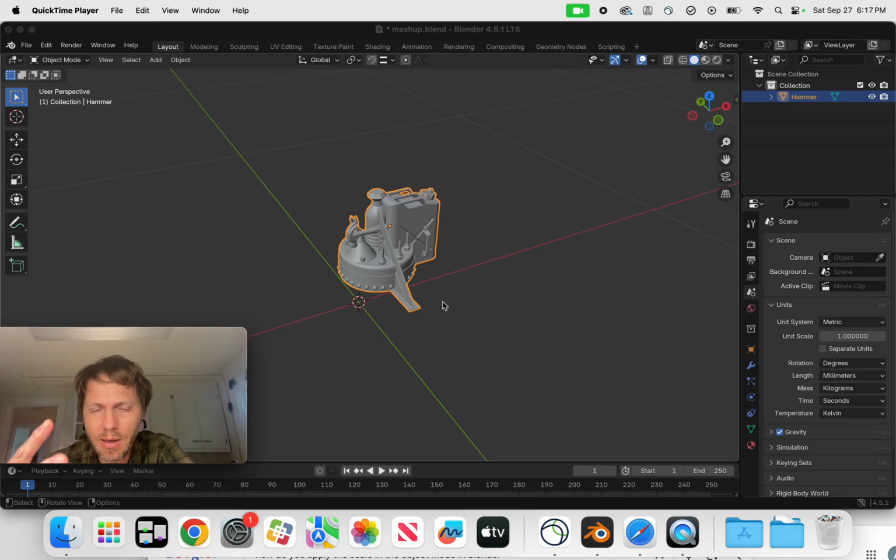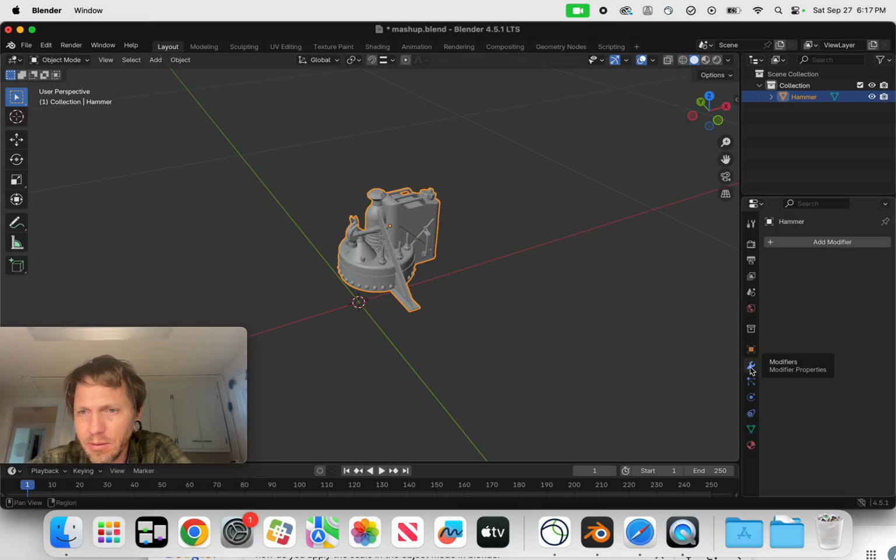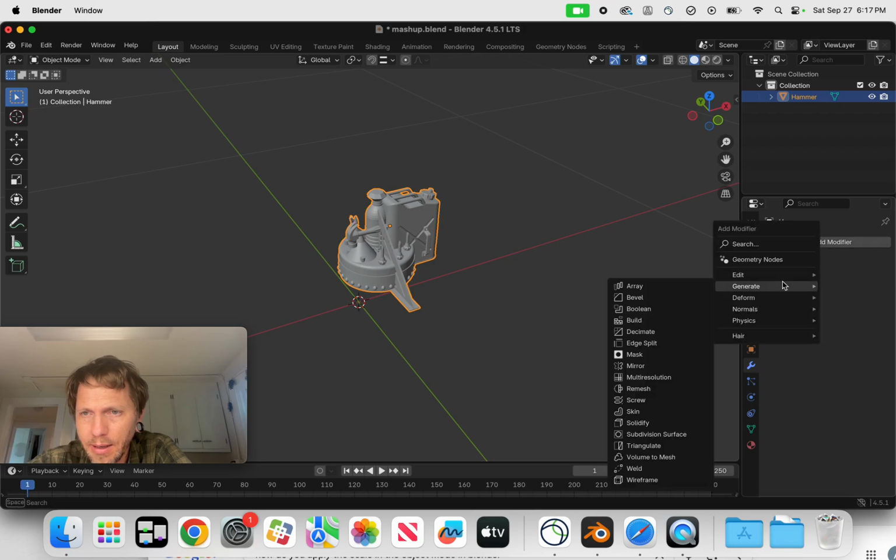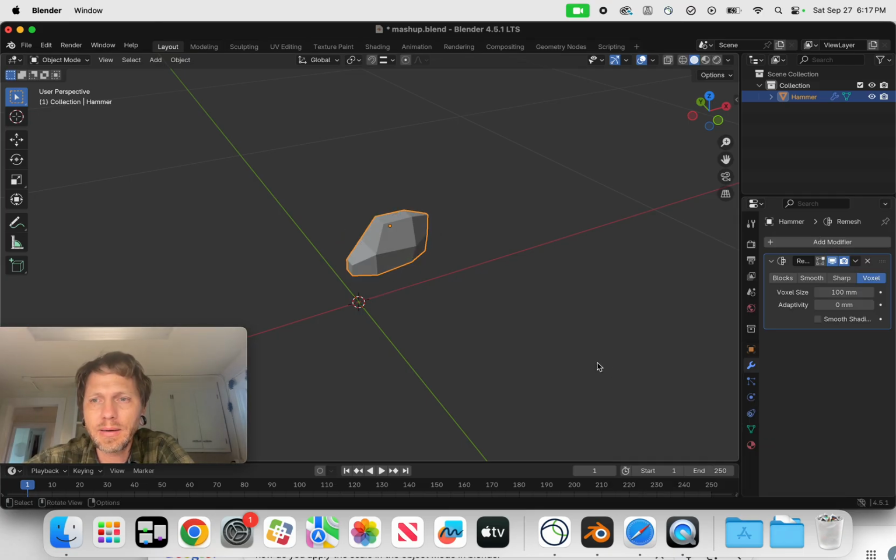That's the next step. So what we were doing is somehow we were missing this part of the process, and we were just going to the modifiers tool and generating a new remesh. Before doing that, this would take forever. Now, after having applied the scale, you can add a remesh modifier,